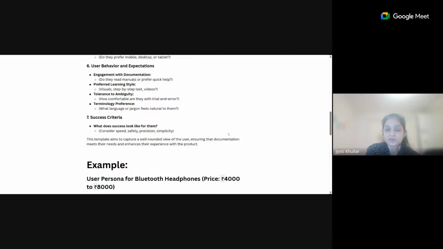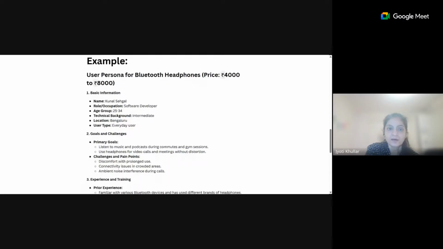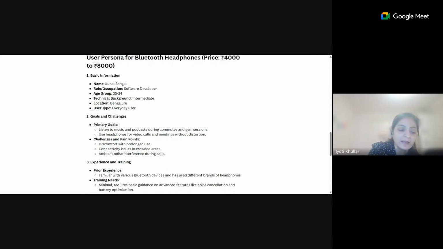Okay, whether it is speed, safety, precision, or simplicity, what is it that defines success for the user that you're writing for? So today we are going to do this example. Here we will try to give a random name to a person who is going to use